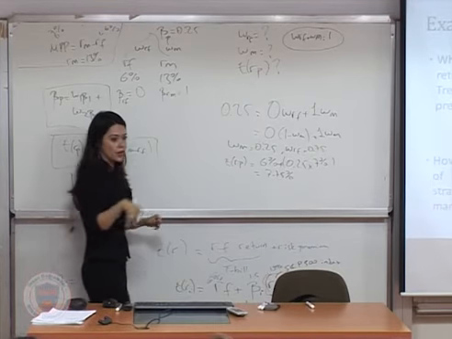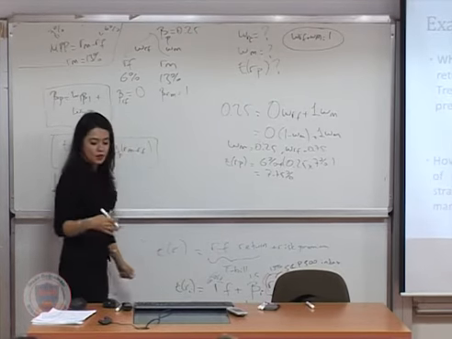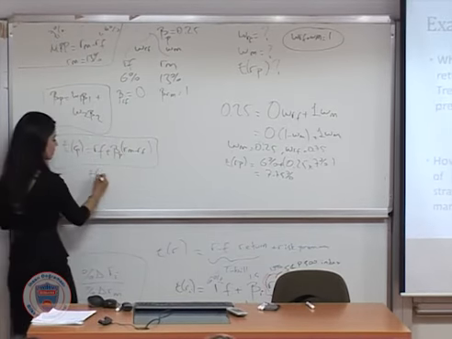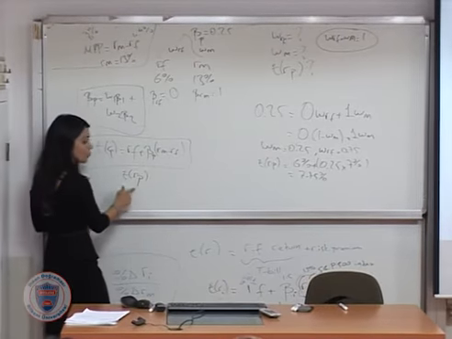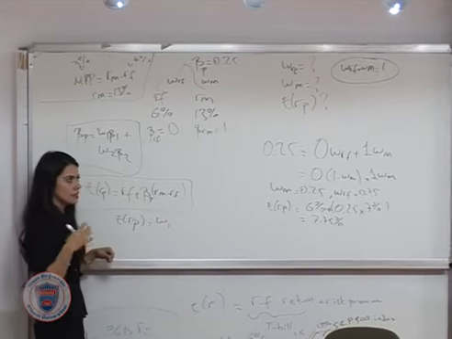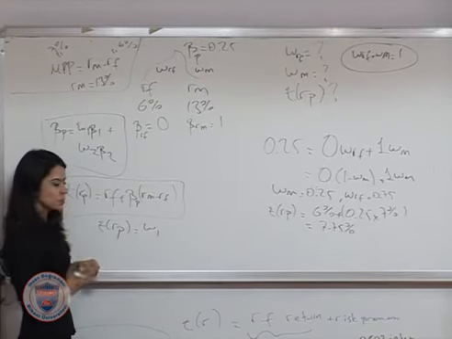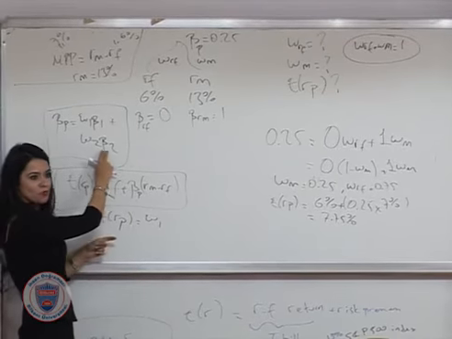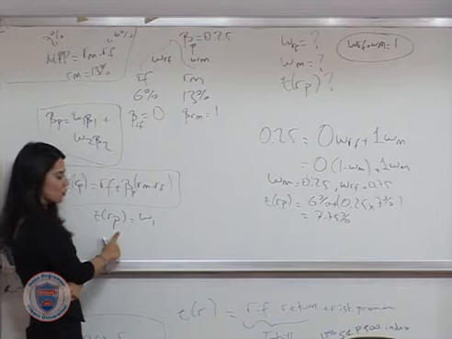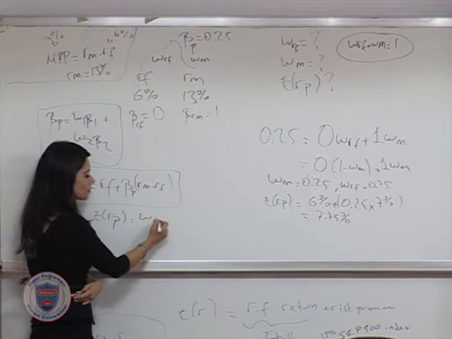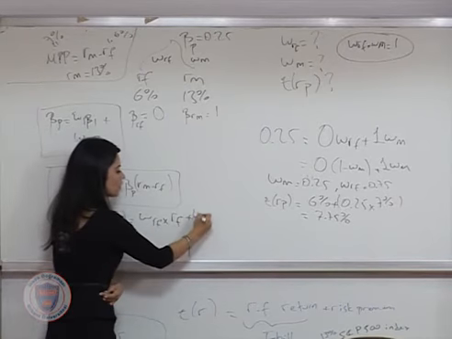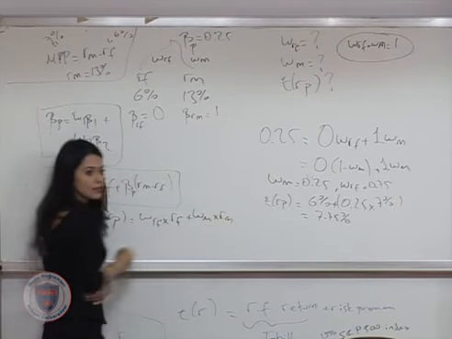There is another way to do it. If you remember in the previous lecture, we learned that you can write the portfolio return as the weighted average of all the returns in your portfolio. That's why I was confused with this one, actually. I was thinking about that one as well. So expected return of the portfolio will be the weight of the risk-free times the return on the risk-free plus weight of the market times return on the market.